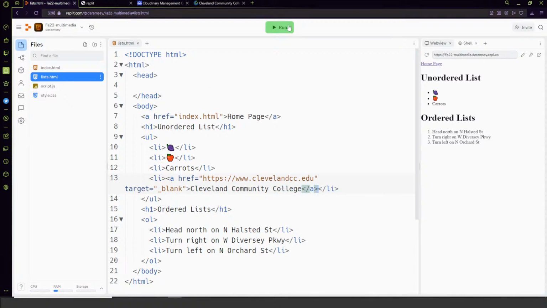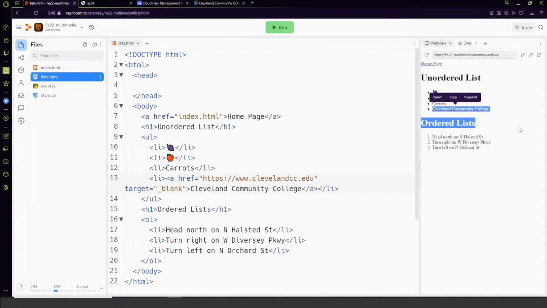Anything can go between these list item tags. It's just another container. So when we go to the list page, now we just have another list item. We can see it's a list item because it has a little disk beside it that goes to the Cleveland